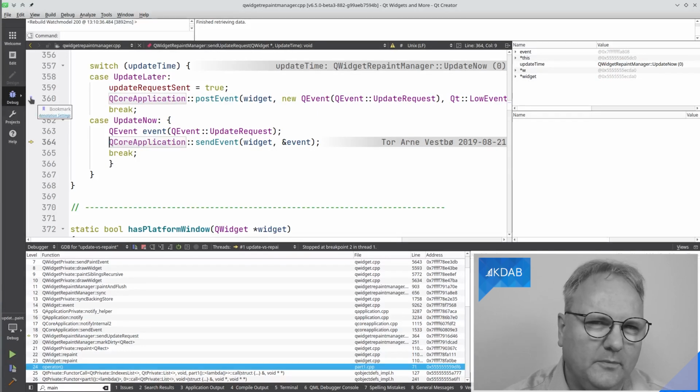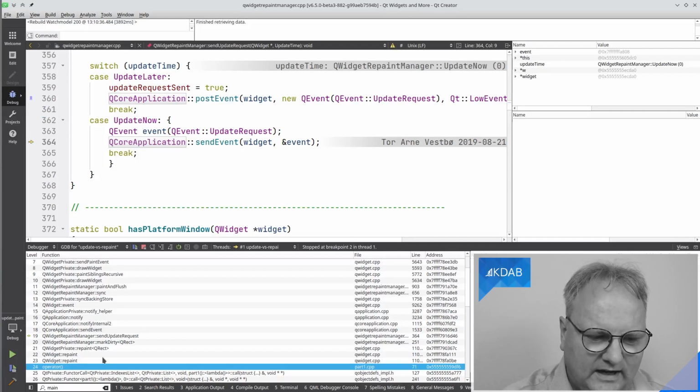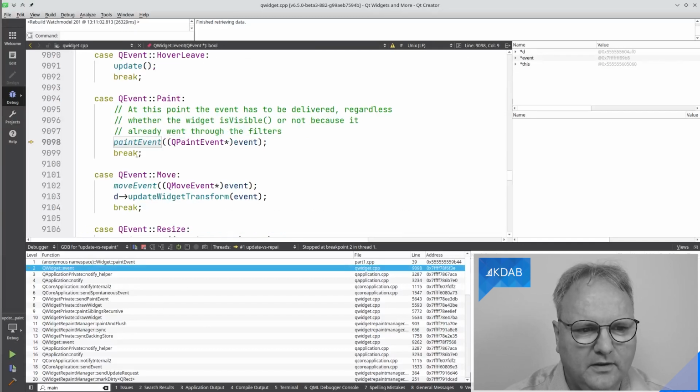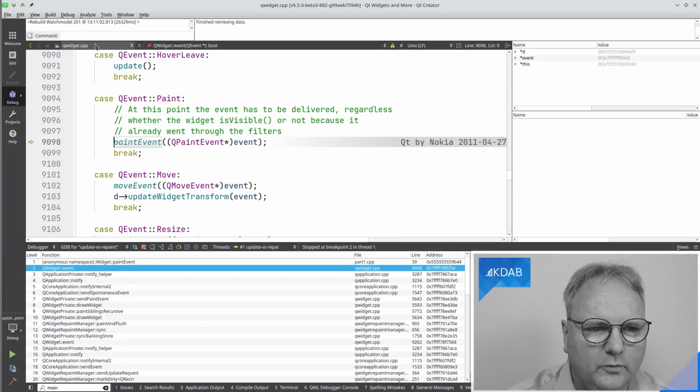I already put a breakpoint or mark there. Of course, I'm going to go back to that. And let's just look here. Repaint, and we're going through the repaint manager and lots of other stuff. And further down here somewhere, we get to the event method, and the event method is in QWidget.